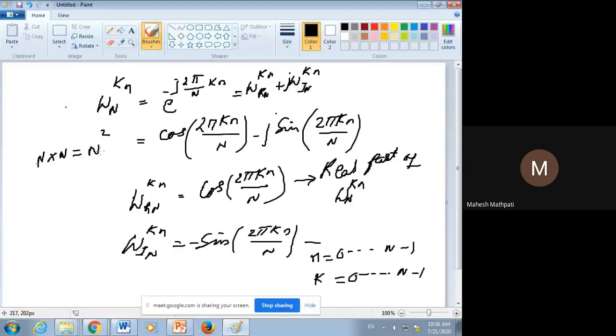Therefore, the number of trigonometric functions or values required for computation of DFT,